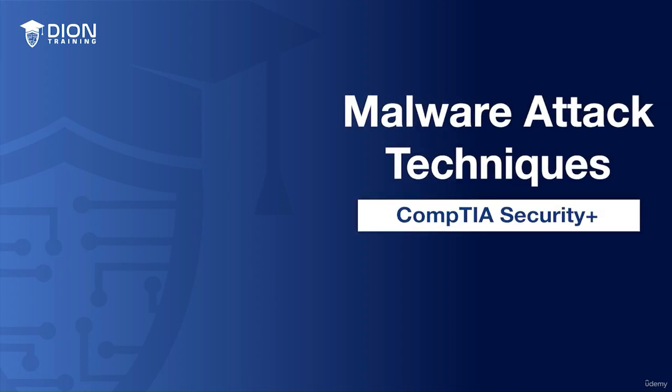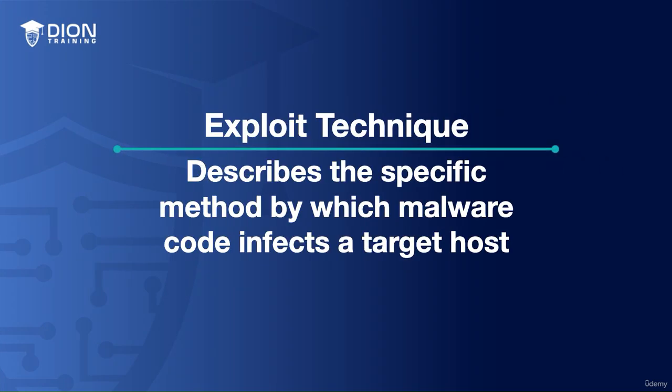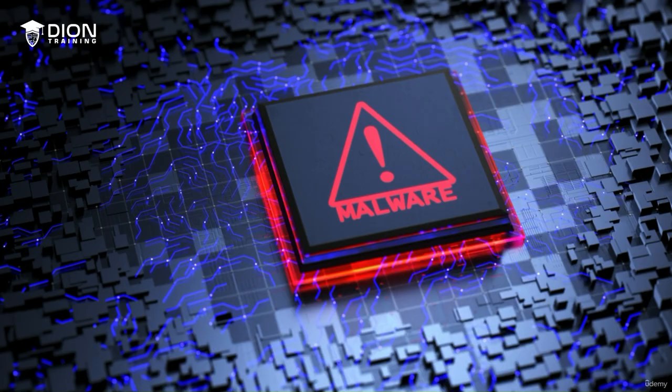In this lesson, we're going to explore malware exploitation techniques. Now, a malware exploitation technique is a specific method by which malware code penetrates and infects a targeted system. Historically, malware would modify an executable file or insert a malicious macro into a document file on a target storage device to ensure that every time the file was opened or run, that malware would be activated and ready to